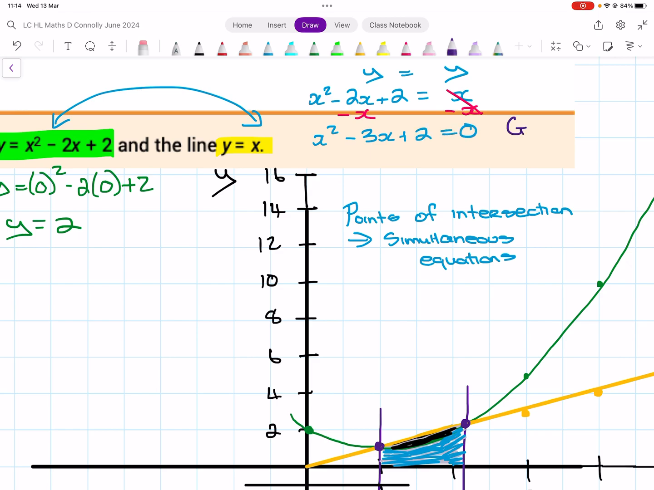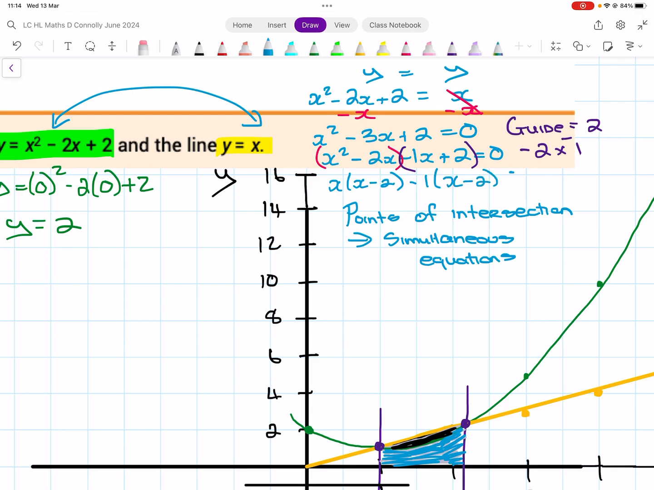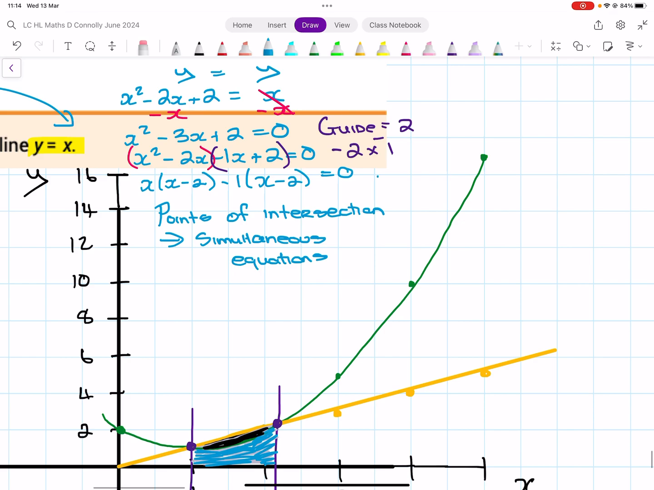Sides, 2, which is 2 times 1. I'm trying to get a minus 3, so minus 3. So x squared